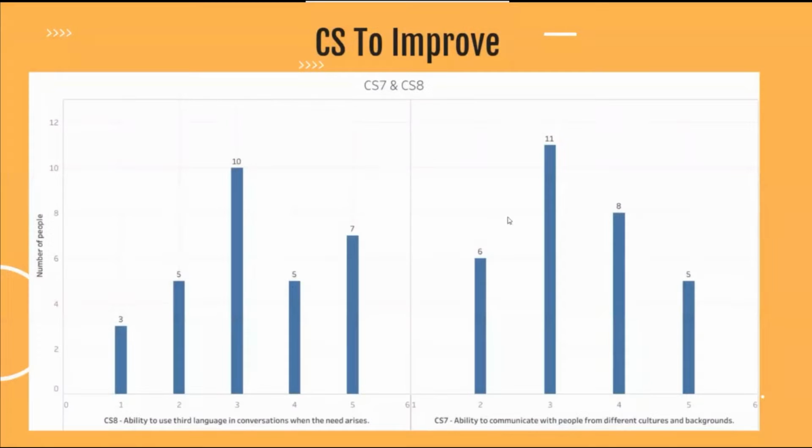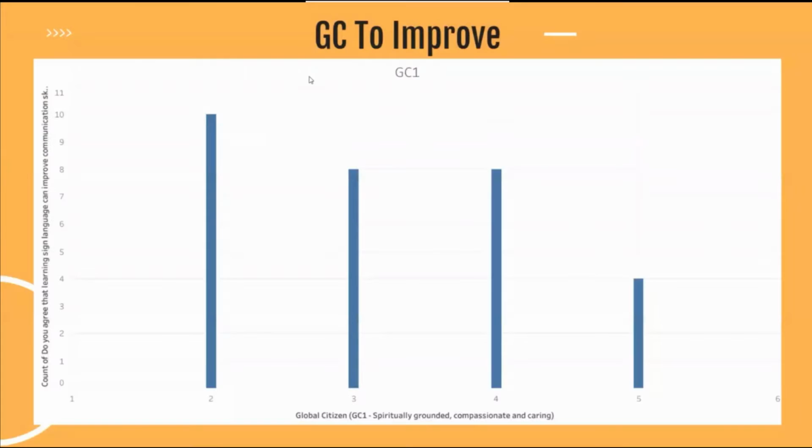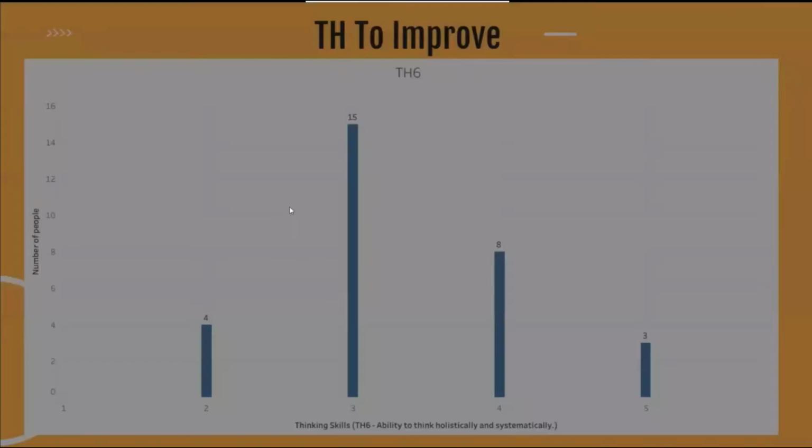So we look at the skills we want to improve. These 2 communication skills we can improve by our workshop. We can see that the respondents gave average marks at most, so there's still some space to increase these 2 skills by our workshop. And for global citizen, the skill we want to improve is caring for the society. We can see that the most common score is 2, which is poor. So there's still some space to increase.